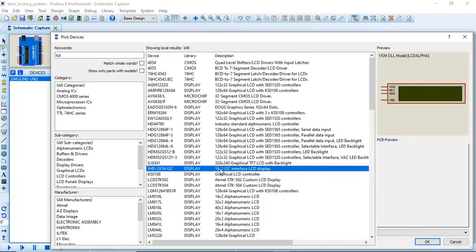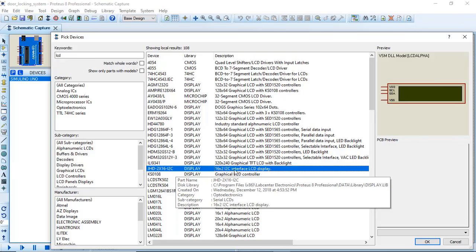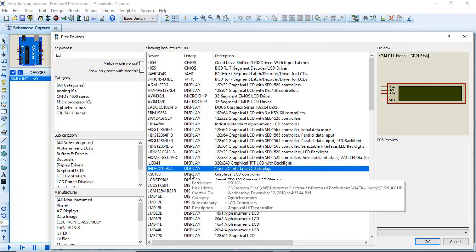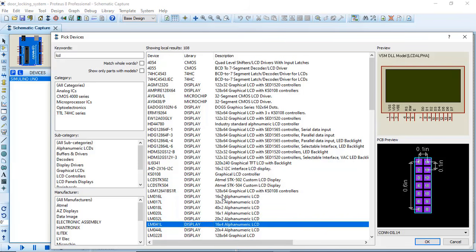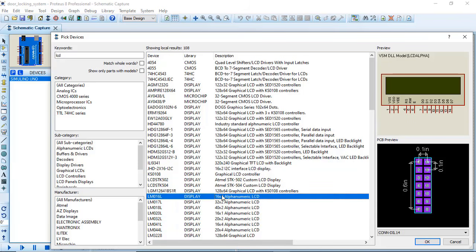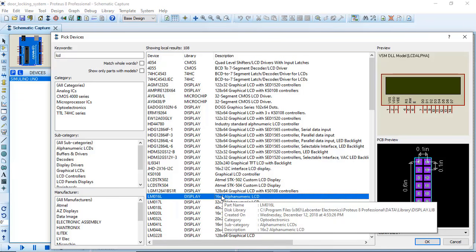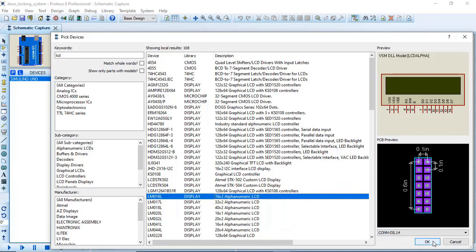Cross to no, it is I2C communication. So this is I2C interface LCD display. We want parallel communication. So let's search over here. Yes, this will be okay for us.